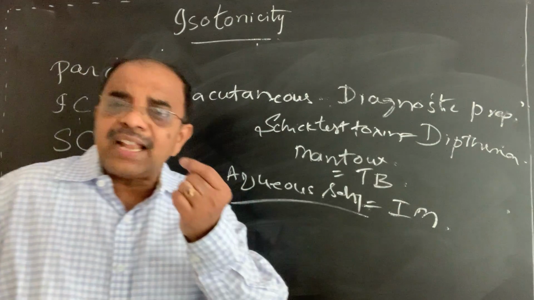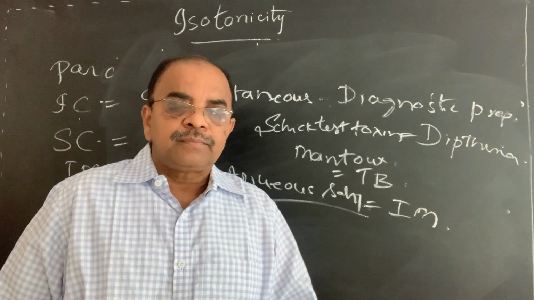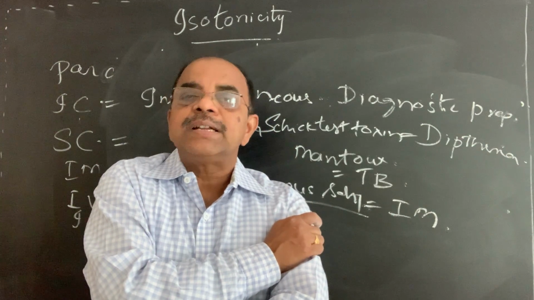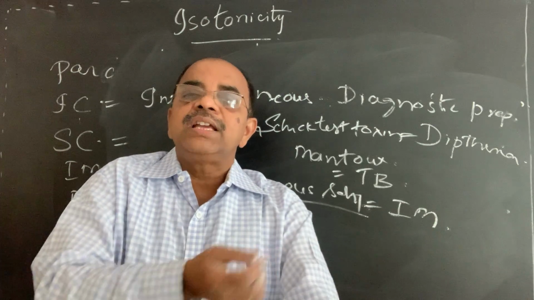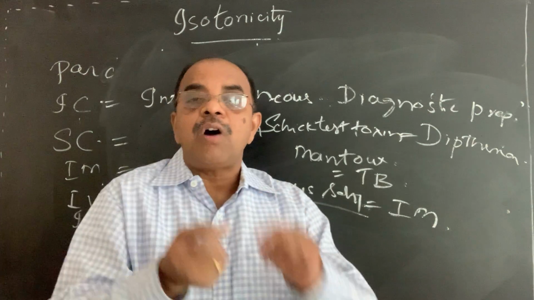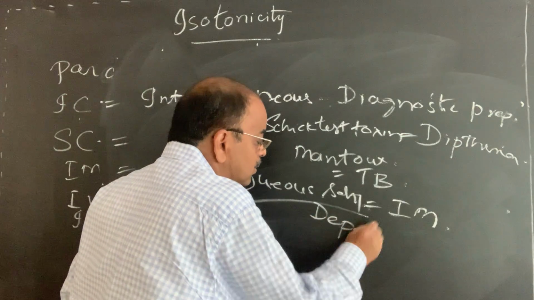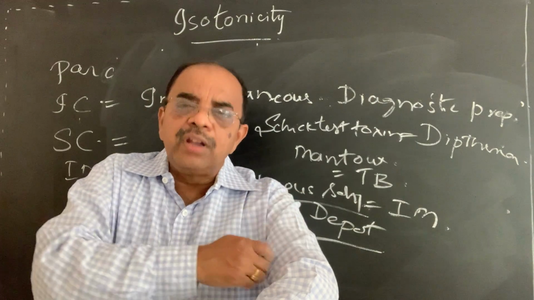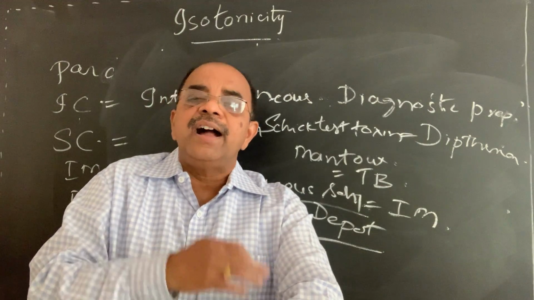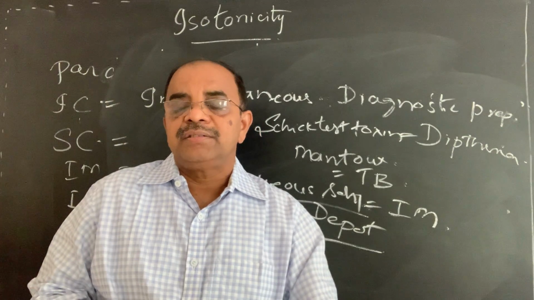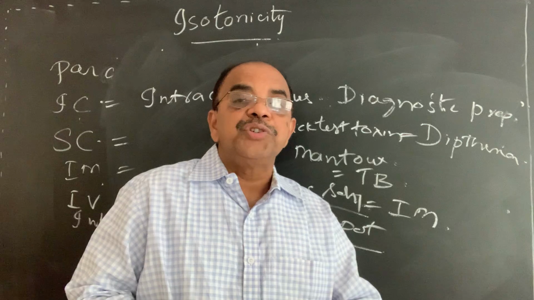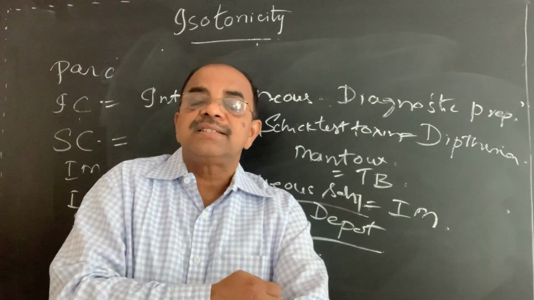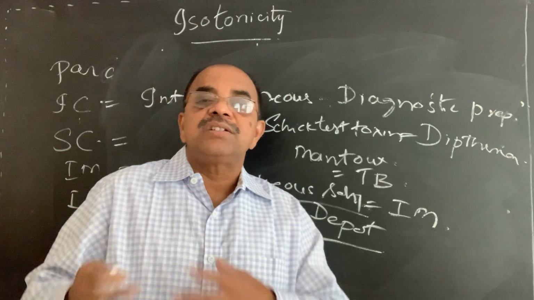It must be slightly hypertonic. Why? Muscle is lipoid in nature. A major amount of lipids, fats, is present here. We are giving an aqueous solution. It may form a depot effect. So it is settling there, and only slowly diffusing through the layers of the muscle, and it takes a lot of time to enter into the blood circulation. If you are giving the hypertonic solution, it diffuses fast through the layers of the skin and muscles, and it diffuses fast into the blood circulation also.